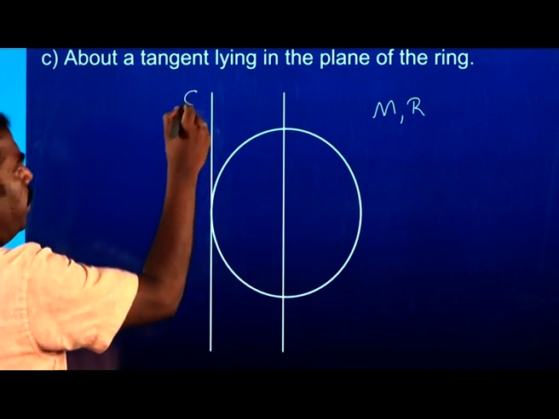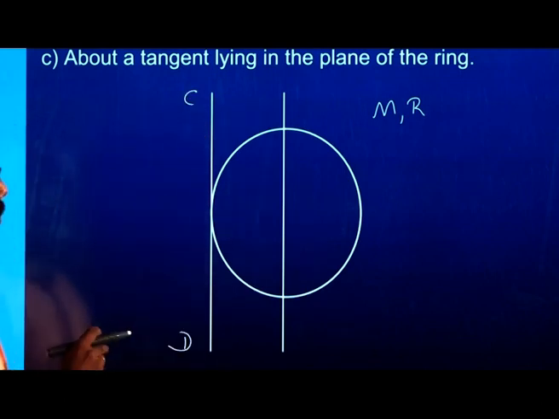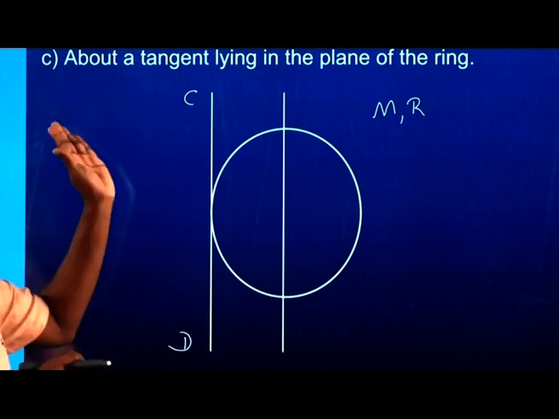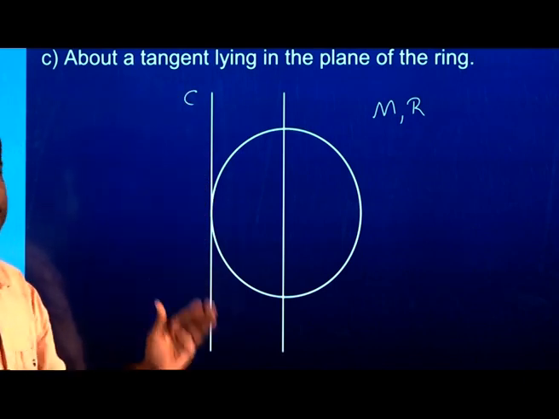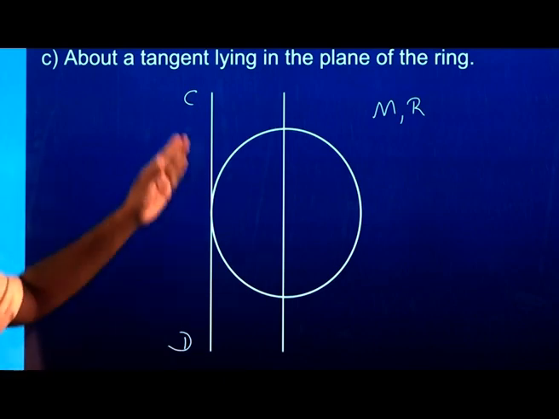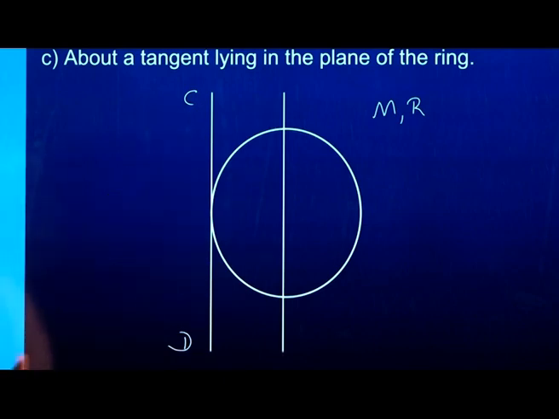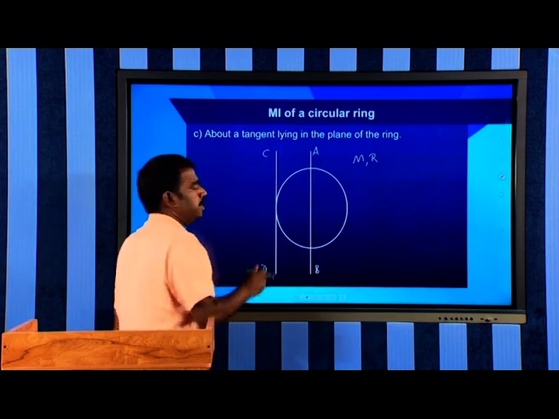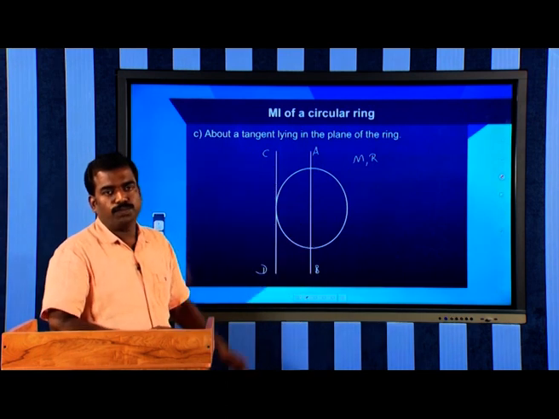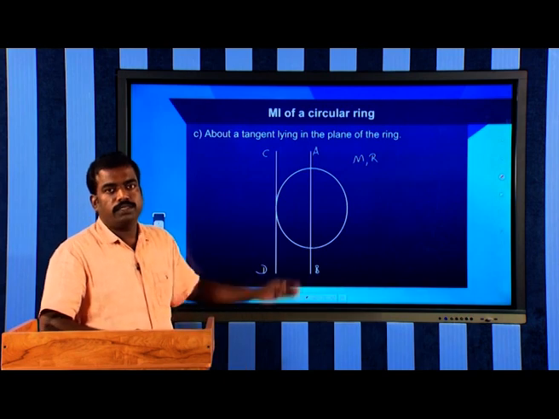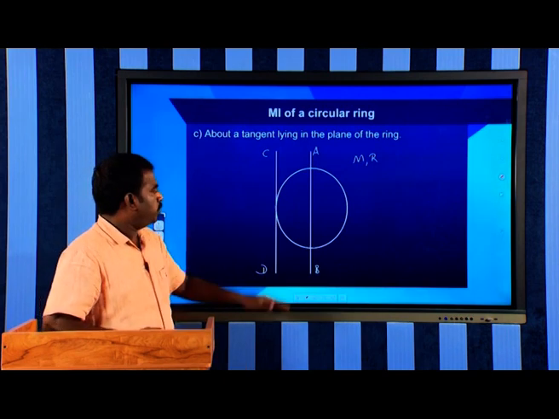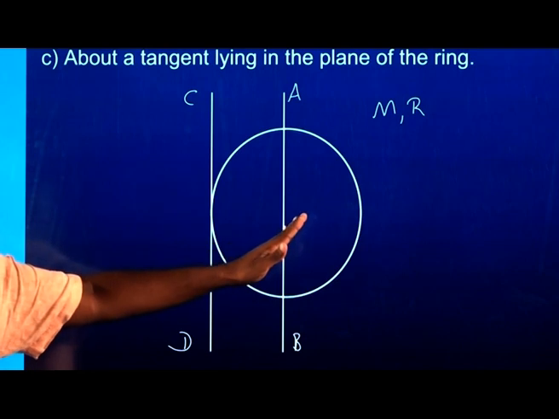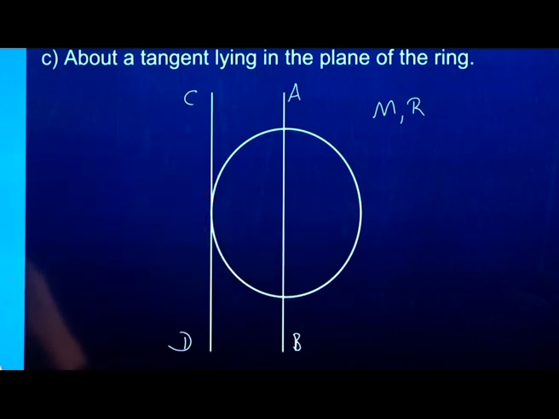Here CD is the axis that passes through the tangent, and about CD we need to find the moment of inertia, because CD is a tangent. But we know the moment of inertia of the ring about AB, and AB is nothing but the moment of inertia about a diameter. See, CD and AB are parallel to each other. We know the moment of inertia of the ring about AB, and we need to calculate the moment of inertia